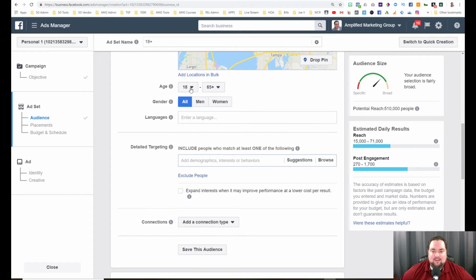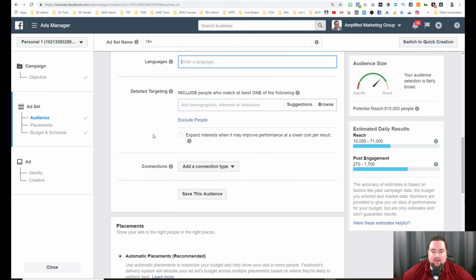So again, 18 to 65, you can pick your ages. You can pick your languages. If you're a Spanish-speaking business and you only want your ads to go to Spanish-speaking people, that's cool. You can put that here in your languages. And then detailed targeting, I'm going to do a whole other video on, though I've already done kind of an overview of